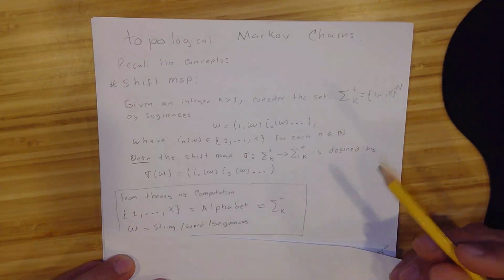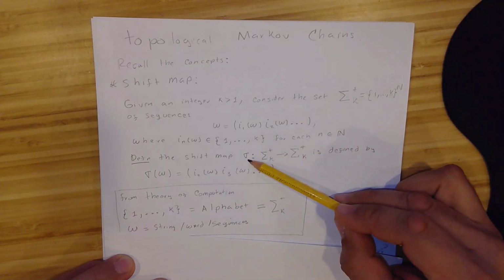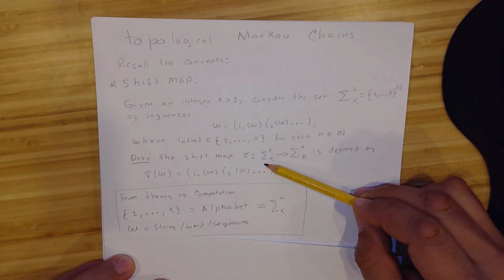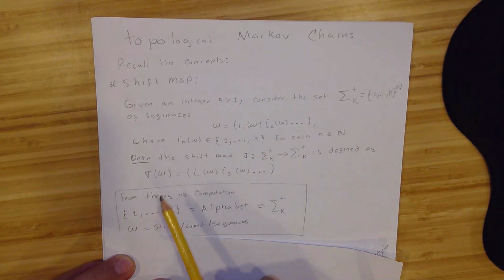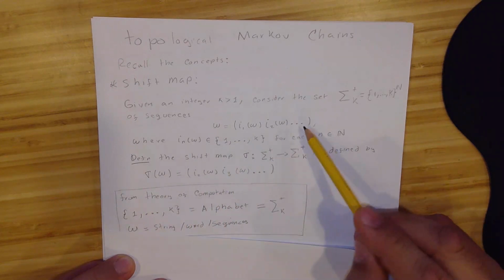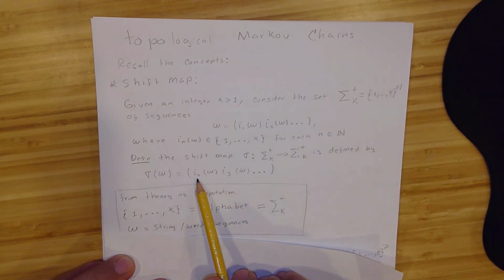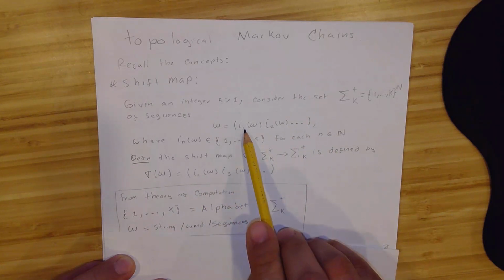Okay, the shift map basically is this function sigma that will go from this space to another space, and is defined by the shift. For example, the sigma of w, if w is this one, it will start now from 2, 3 instead of 1. Okay,